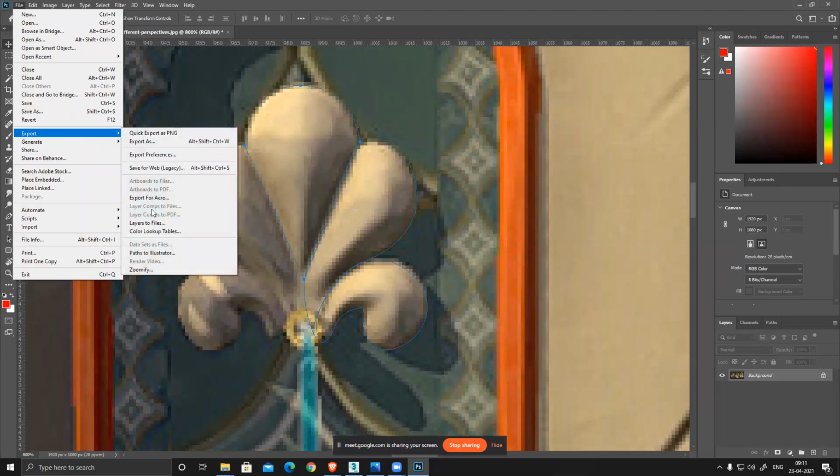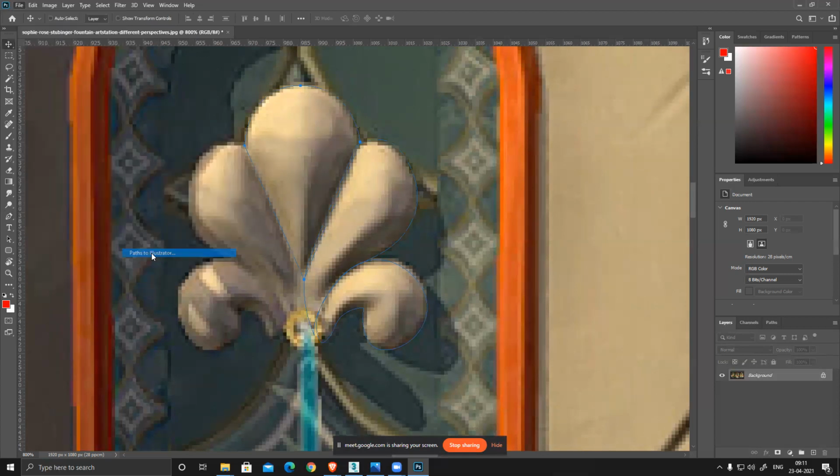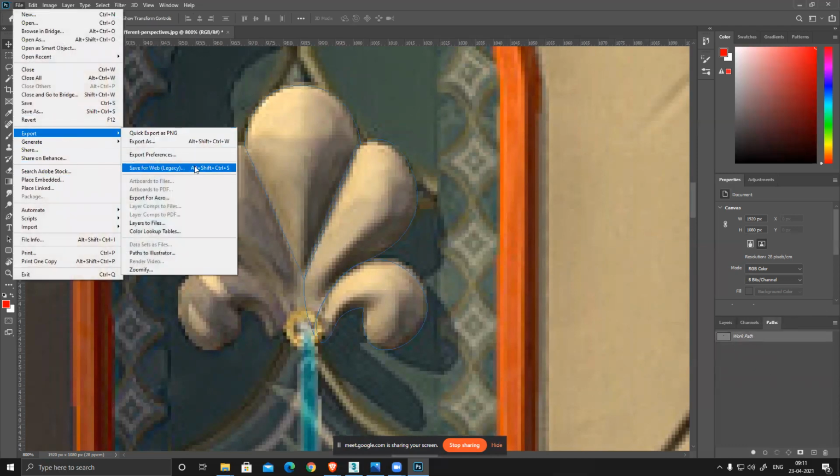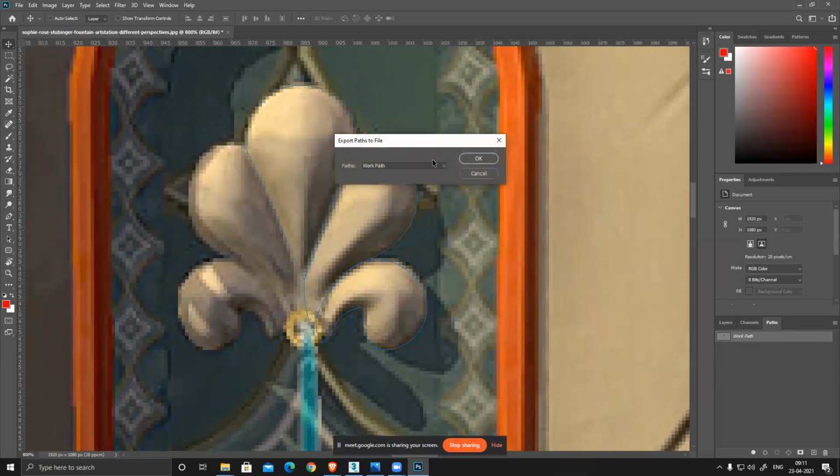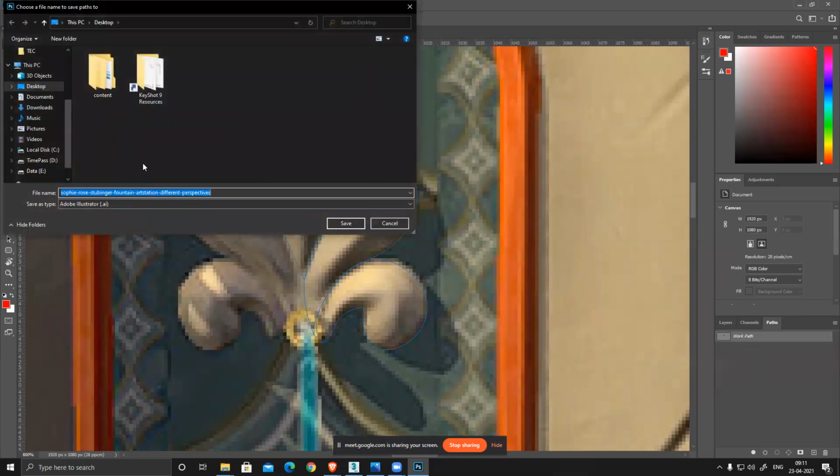Export path to Illustrator. So before that, make sure you have selected all the paths. Export path to Illustrator. Work path. Okay. Desktop. Name it as anything.